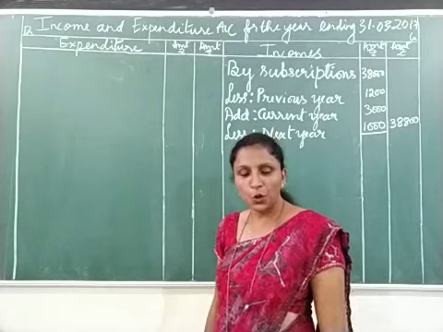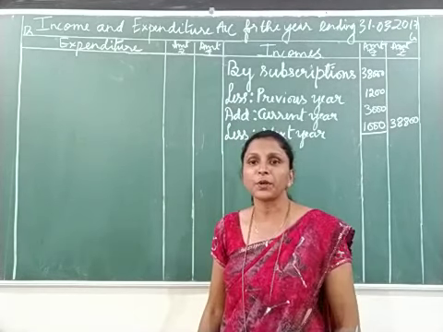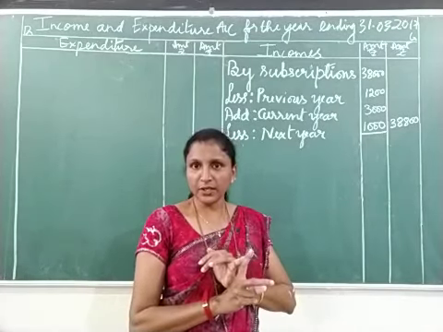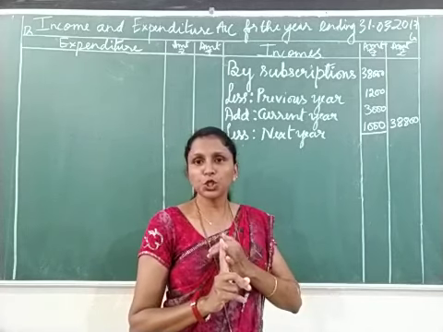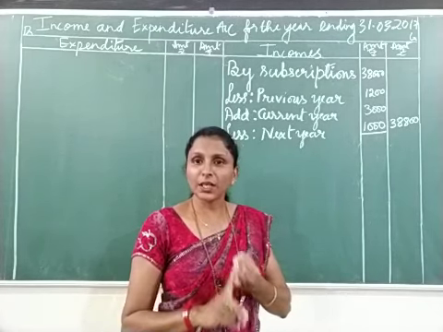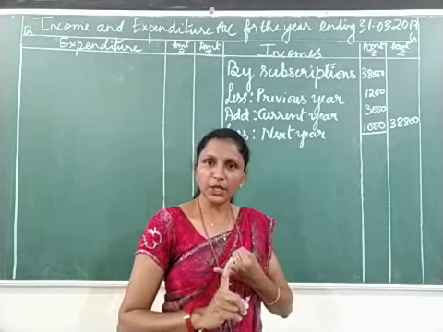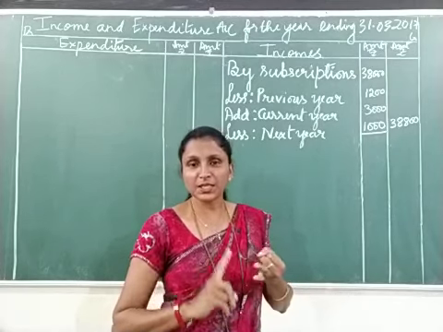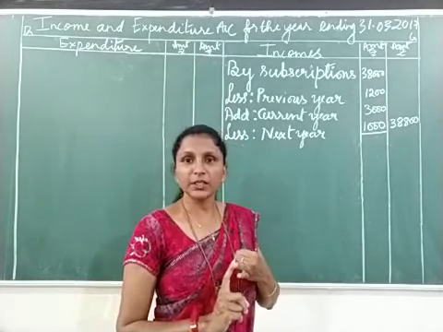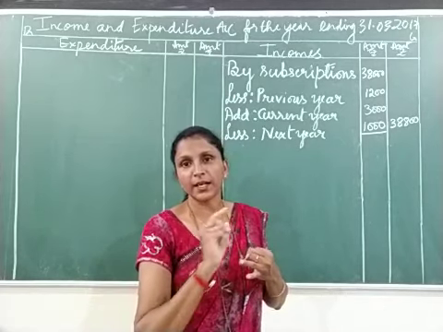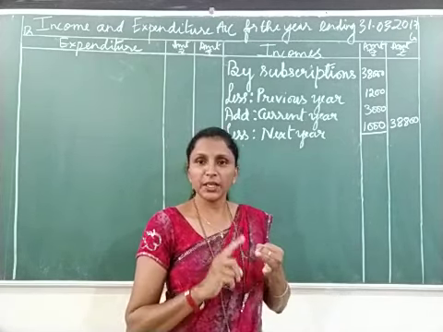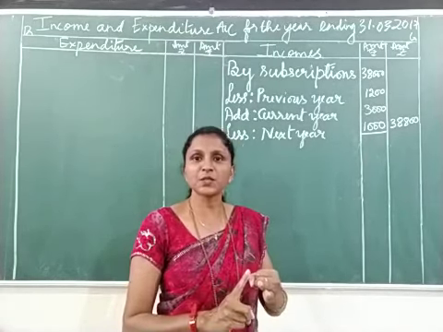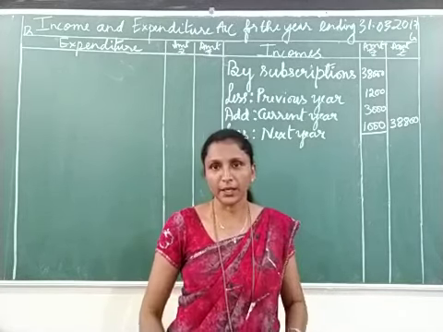Look at the next item. What is given? Entrance fees. Here in the receipts and payments account, on the receipt side, entrance fees is given. About entrance fees and donations, usually in the adjustments they will tell you whether you have to consider it as a revenue item or capital item. In this problem, just see adjustment number 4. They have given us capitalized entrance fees. Underline the word capitalized. So they have specifically asked you to capitalize entrance fees. That means entrance fees is considered in this problem as a capital item.